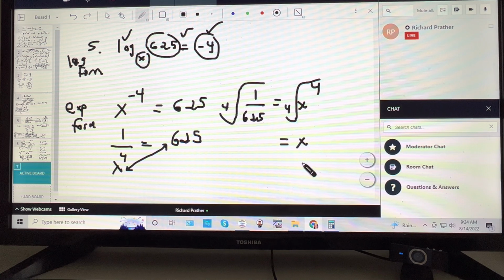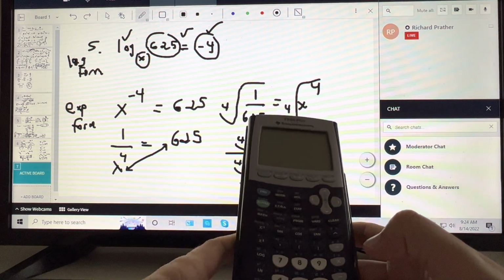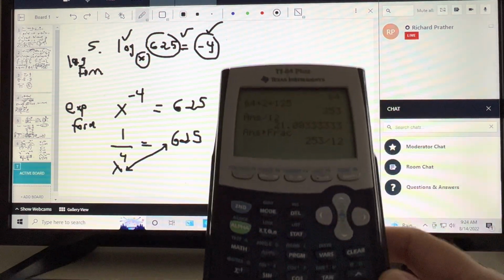And then when you have a radical of a fraction, you try to do each half individually. So I try to do the fourth root of 1 and the fourth root of 625. Any root of 1 is 1, so the top's definitely 1. And then you might not know that that's 5, but if you had a calculator that has the capability to